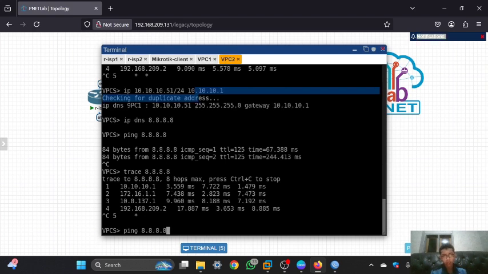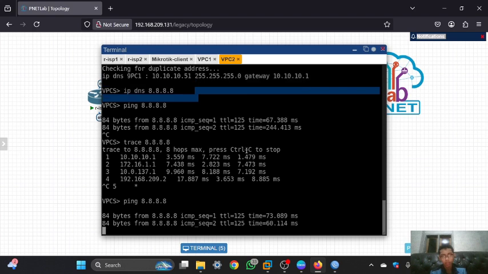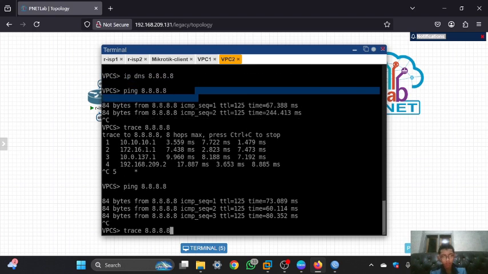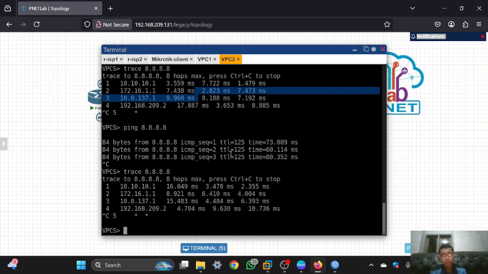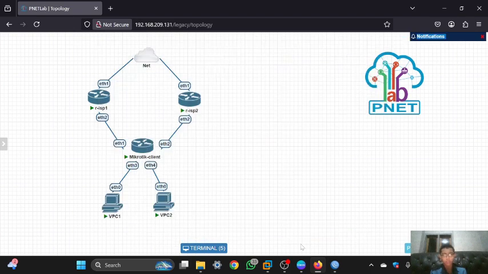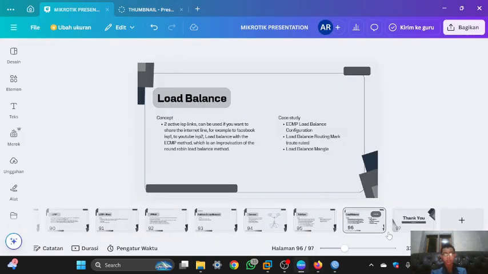I will try in the VPC2 to connect to the internet, and I will check the trace, and it is using the IP of ESP2, which is from the VPC2 connected to the IP in the MikroTik client, and then it is connected to the ESP2, and then it is connected to the internet. So the configuration of mangle is successful.